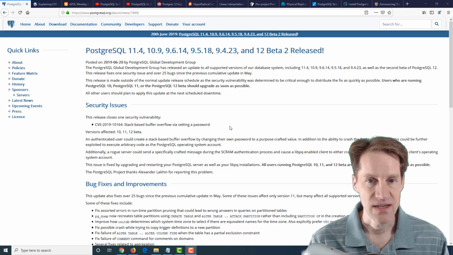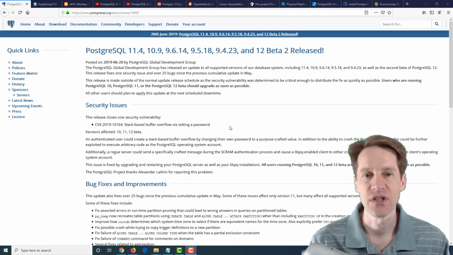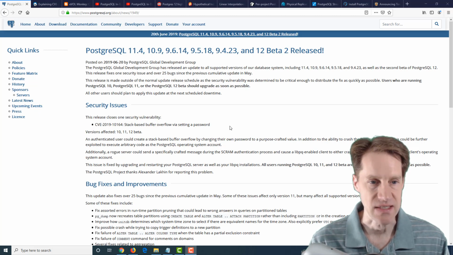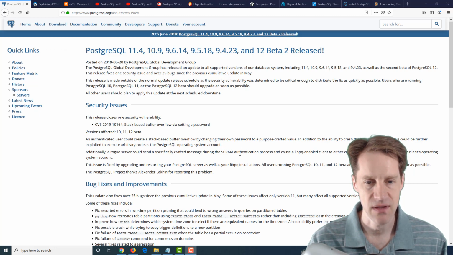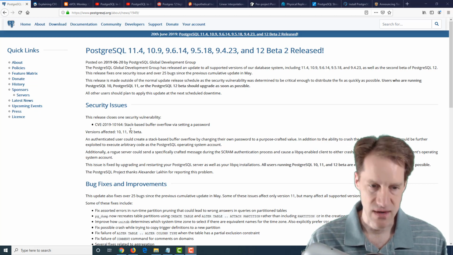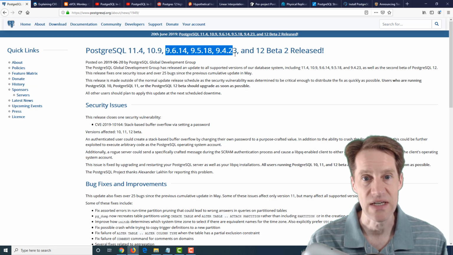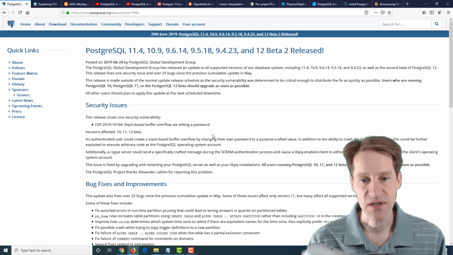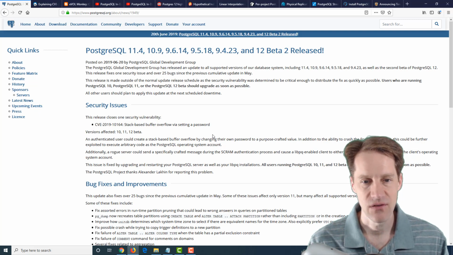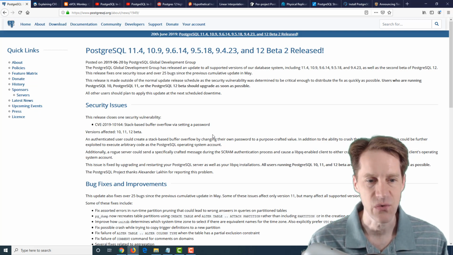Our first piece of content is that new versions of PostgreSQL have been released. Primarily, this is due to a security issue that affects versions 10, 11, and 12, related to SCRAM authentication and an error in it. So that only impacts 10, 11, and 12 in terms of the security issue. But there are numerous bug fixes and improvements for the version 9 series. So definitely, especially if you're on version 10 and higher, go ahead and upgrade your version of PostgreSQL as quickly